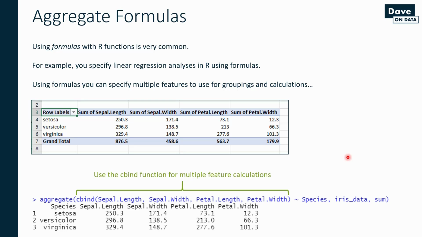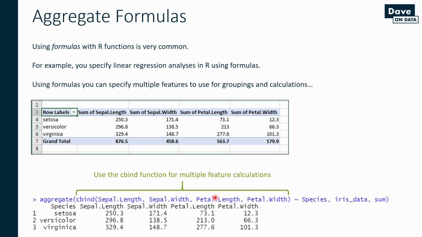Notice here that I'm using the cbind function, which we covered in a previous lecture. Cbind allows you to combine columns together. You invoke the cbind function here, and you provide a series of columns or vectors. And what will happen is cbind will then squish them all together essentially and create a table out of them. And so you can see here, if I want to use multiple numeric columns to create calculations with, just like I did up here in Excel, I need to use cbind, and I just put sepal length, sepal width, petal